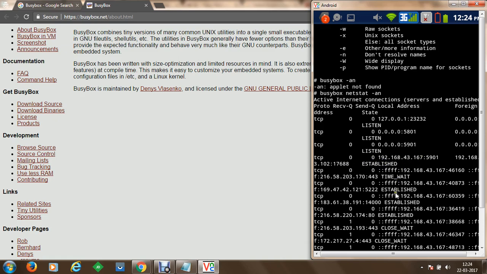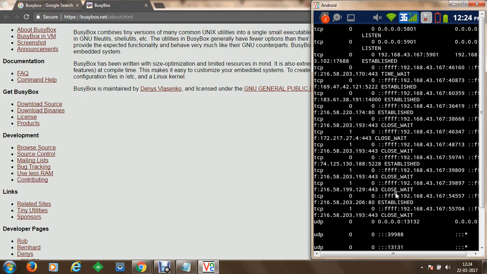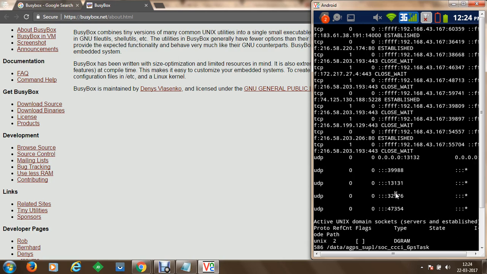Later we can see that there are various other ports available, and you can get information that UDP is also available here. There are some connections which are connected, there are some connections which have been closed, and we are connected from our current device to this IP address on port number 80 as well.